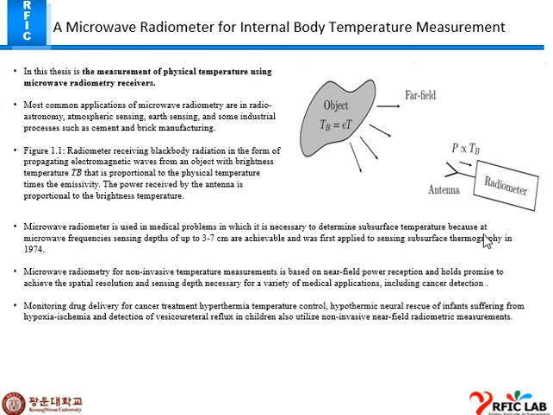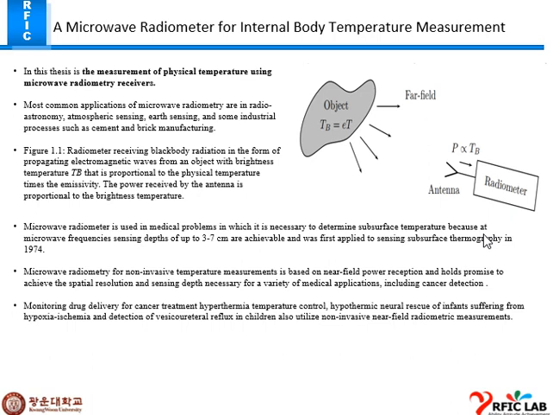The first thesis is a microwave radiometer for internal body temperature measurement. In this thesis, the measurement of physical temperature using a microwave radiometer receiver. The common applications of microwave radiometers are radio astronomy, atmospheric sensing and earth sensing, and some industrial processes such as